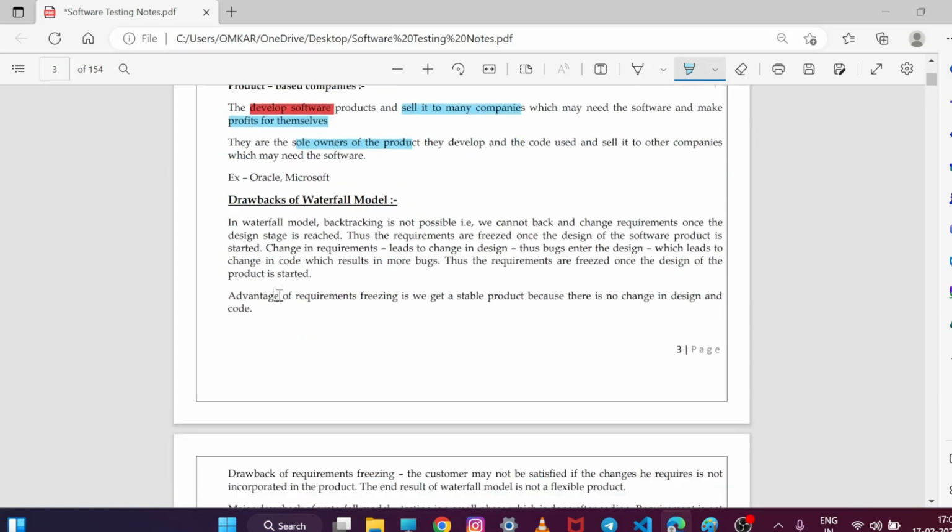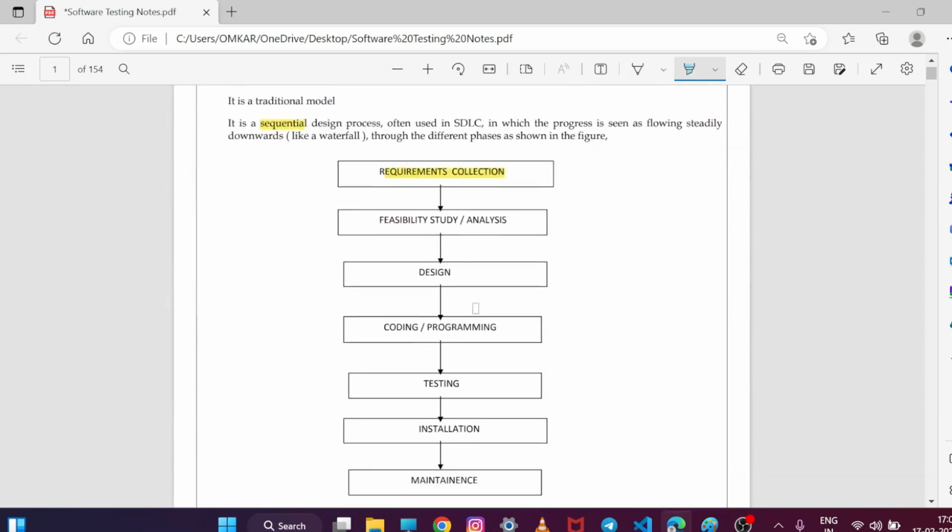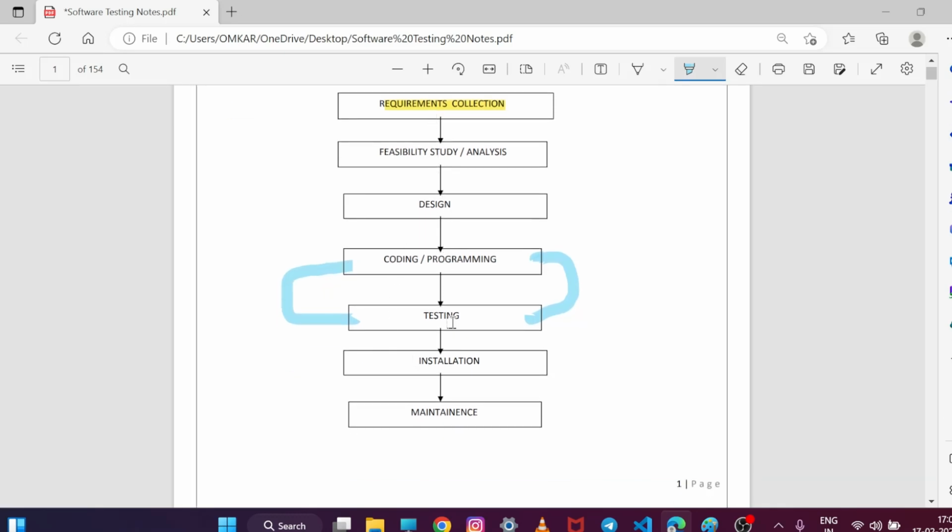So what are the drawbacks of the waterfall model? In the waterfall model, backtracking is not possible, as we discussed earlier that it is a sequential process. Backtracking means going back. For example, after the coding phase, the next phase is the testing phase. If the test engineer finds a bug, it is not possible for the product to go back to the coding phase for fixing or changing the code and then return to the testing phase, because it is a sequential waterfall model.